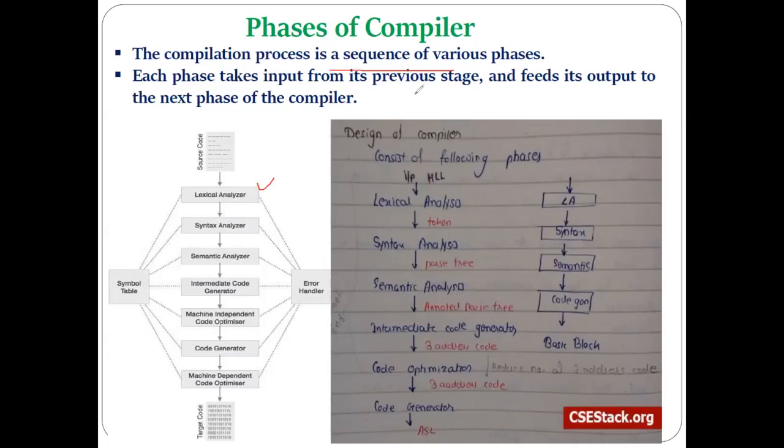Only the fourth unit is related to different things related to the runtime environment. And you know each phase takes input from its previous phase, generates some output, and gives that output as input to the next phase of the compiler. Like we have already discussed the first unit, which is related to the introduction of the compiler and the first phase of the compiler, that is the lexical analyzer, where the lexical analyzer takes a source code, any higher level language code, as input, and then generates the tokens.